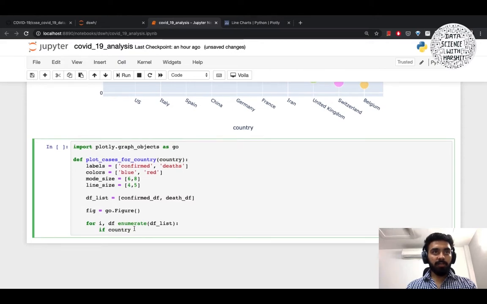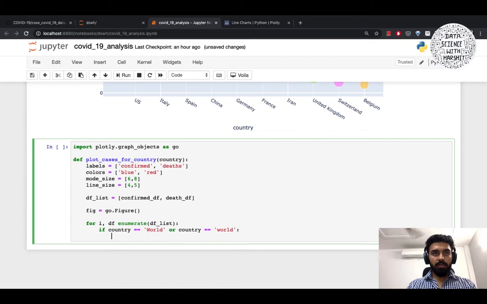I'm going to run this function to plot for a particular country, and if I want to look at the entire world cases, I can do that as well. So we're going to handle the world scenario differently. If country equals world, then